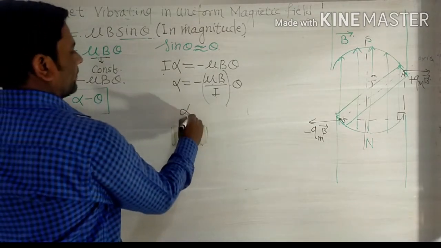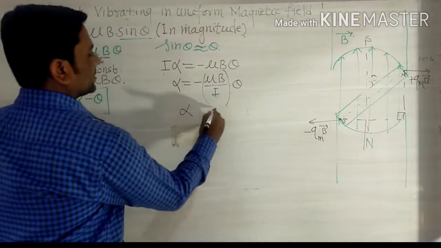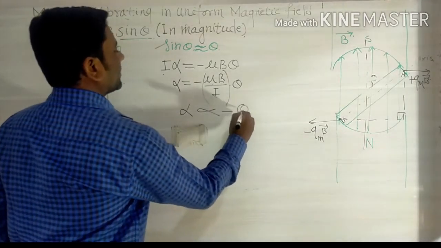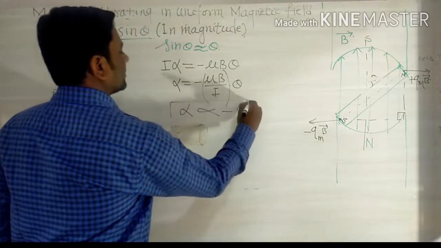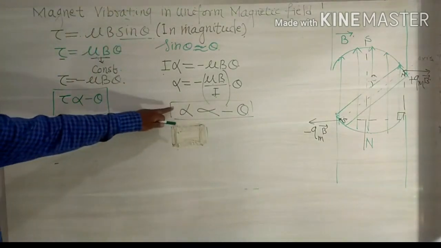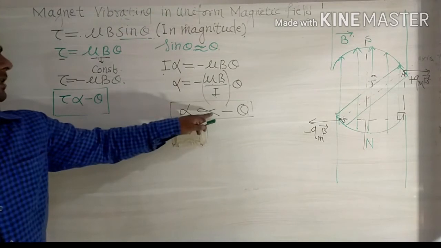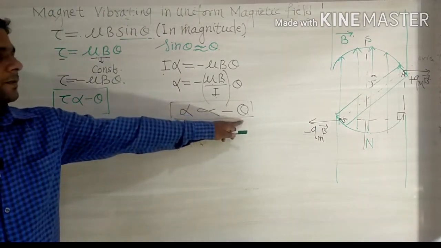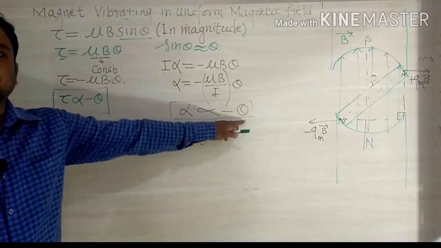So alpha, the angular acceleration, is directly proportional to minus theta. So by this equation we clearly understand that angular acceleration is directly proportional and oppositely directed to angular displacement, which means it shows simple harmonic motion,